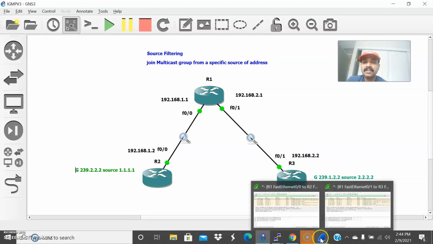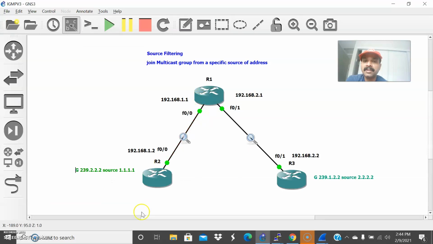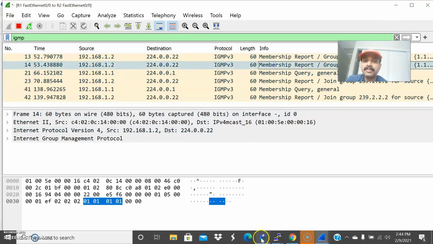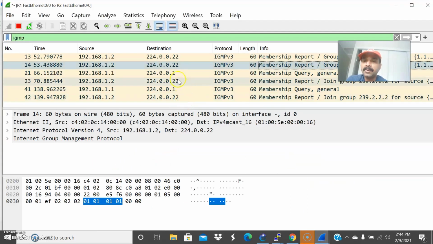Now let us check the packet trace. You are able to see it is showing IGMP version 3 membership queries, the same general query. The membership queries are sent to address 224.0.0.1, and for that the host is sending the membership report. The membership report is sent from the corresponding host 1.2.2.2 to this host. The only thing that varies here is that the destination address is different: 224.0.0.22 for IGMP version 3. So this is a membership report.